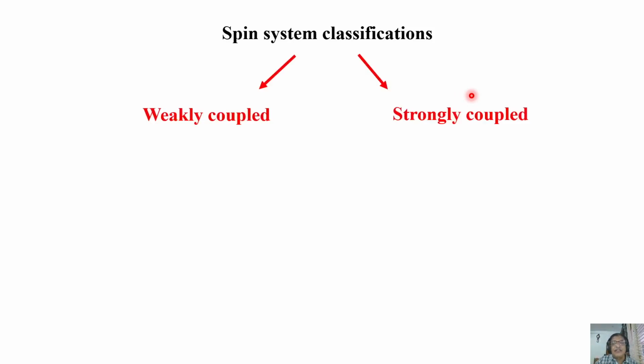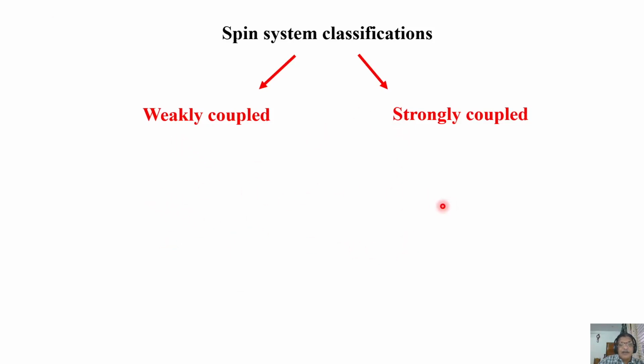Okay. Now, the spin systems we can classify very easily. There is a rule for it. What do I mean by classifying spin systems? I can classify them as weakly coupled and strongly coupled. Remember, when I was analyzing the 2 spin AX system, I said they are weakly coupled. Why did I say that? Because the chemical shift separation of these 2 should be sufficiently larger than the coupling between them. Here is the A spin, here is the X spin, and their chemical shifts.